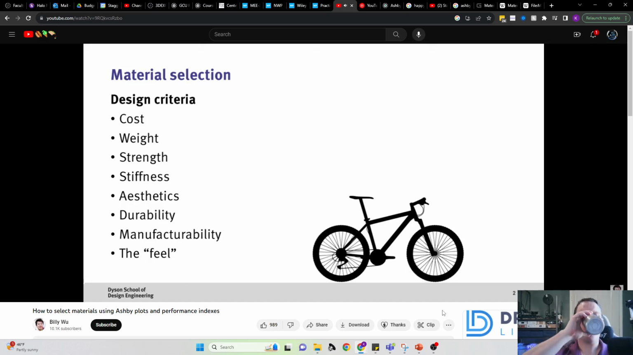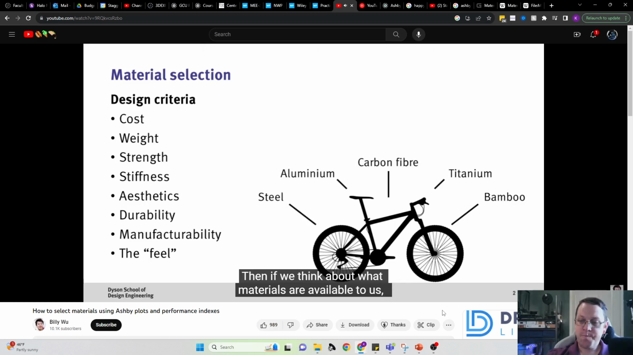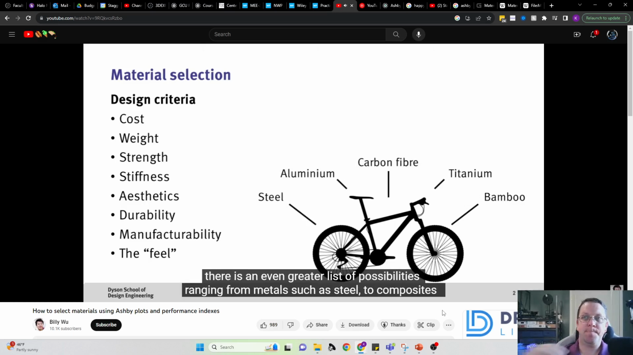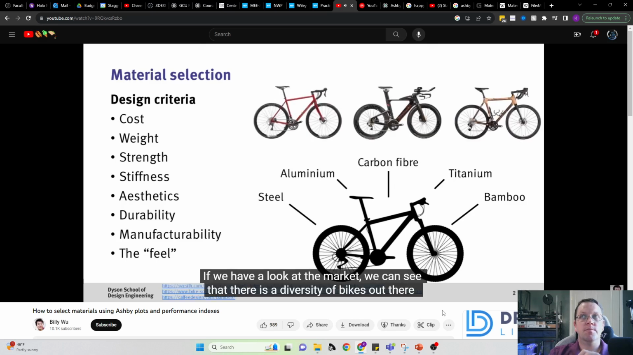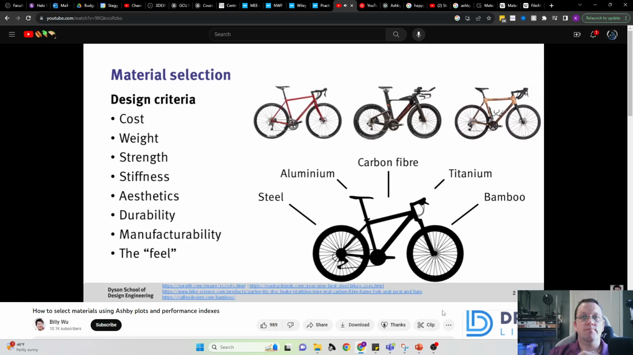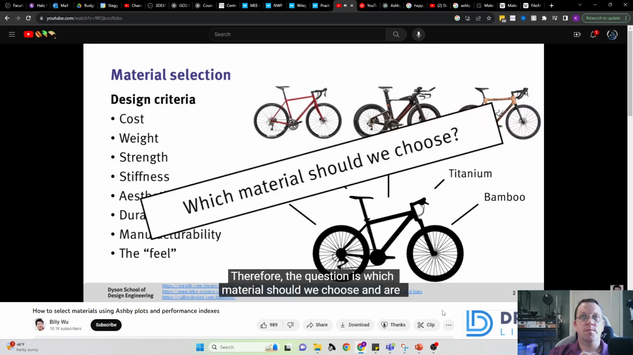of the bike. Then, if we think about what materials are available to us, there's an even greater list of possibilities ranging from metals such as steel to composites such as carbon fiber reinforced polymers and even natural materials such as bamboo. If we have a look at the market, we can see that there's a diversity of bikes out there which already use a whole range of these materials. Therefore, the question is, which material should we use, and are there any design tools which help us to make